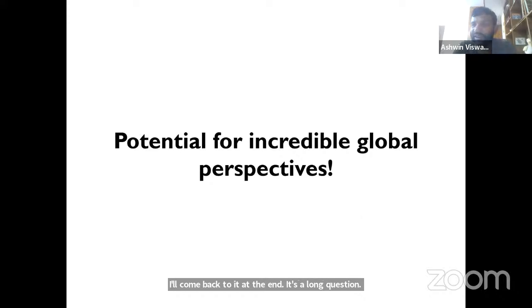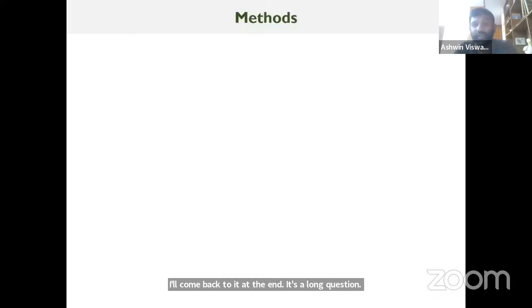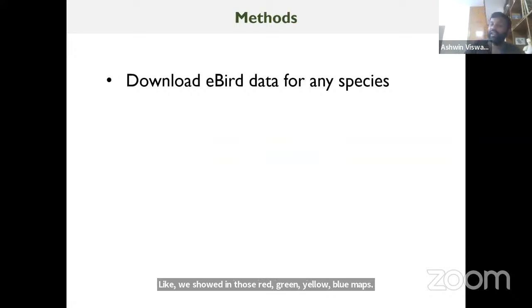Right. So migration, there's a lot you can understand about migration from the data uploaded all over the world, like we showed in those red, green, yellow, blue maps. But also you can have animated maps of migration. Some of you may have already seen some of these maps, and they can be really nice animated maps that are made that actually simulate migration. You can see the points moving, which is somewhat like the birds themselves moving, but they're not the birds moving. They're where people are reporting them.